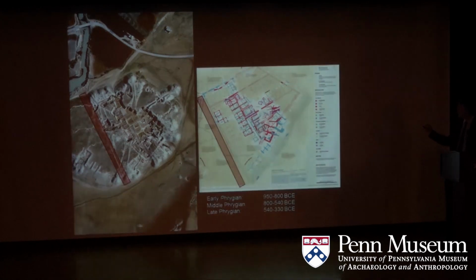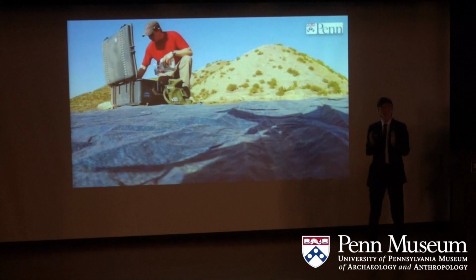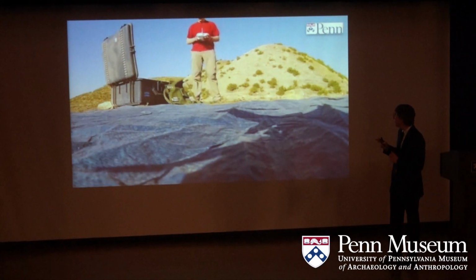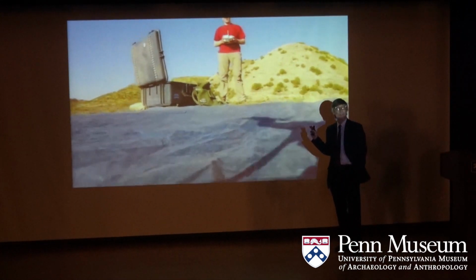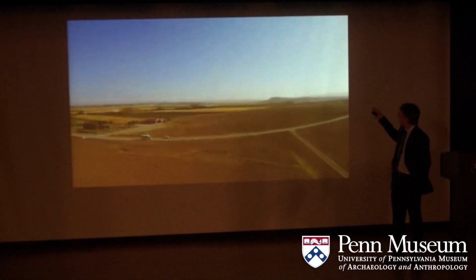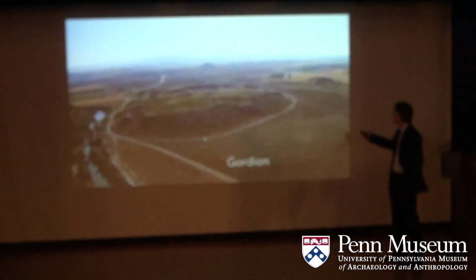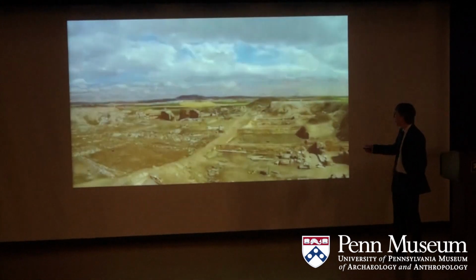I'll be able to show you Gordion in a different way than you normally see it, courtesy of our drone and graduate students from Penn who take part in the Gordion project. You're seeing here Lucas Stevens. This is just last summer, who is flying a drone over the archaeological site and the surrounding area. So what we're doing is taking you up 100 meters in the air so that you can get an appreciation for Gordion and the area around it, including the settlement mound, which I've just shown you in color phase plan,